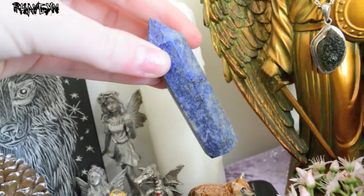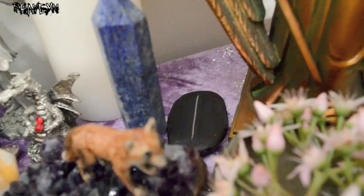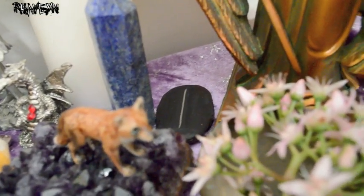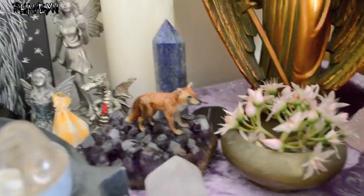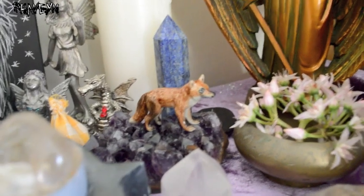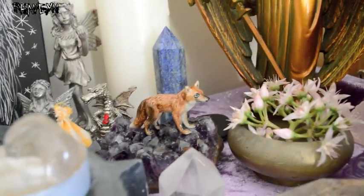But I use this kind of for goal setting and all of that stuff. Then behind it I have a little rune that I made when I was in high school. As you can see, I have this little porcelain fox on some amethyst. I actually have developed a really strong spiritual connection to foxes as well, and it's related to, I might tell